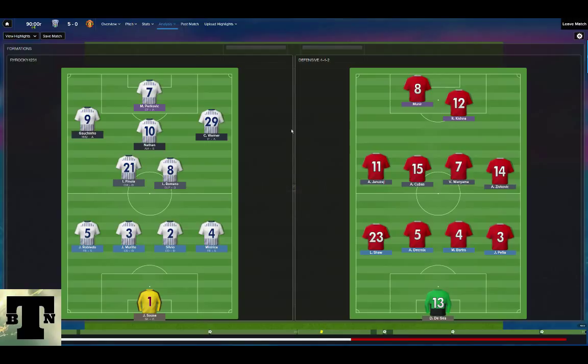Well, that brings us to the end of another show. I hope you enjoyed today's match between West Brom and Manchester United. We had a lot of fun changing things around. I certainly enjoyed myself. This is one of the things about the game I enjoy. If I can change things in the middle of the game, I always do it. The only reason why I haven't been doing that is because I've been so worried about keeping my unbeaten streak going. But you just showed how you can use shouts to your advantage.